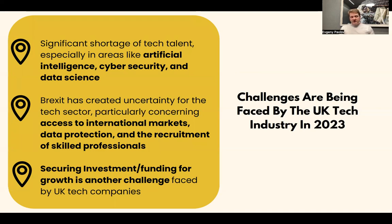And last but not least, it's securing investment and funding for growth. It's obviously another challenge, because institutional investors and private investors look at startups a bit differently now. They're not looking only at the growth rate, but also at the business model and profitability. And I believe it's not only a challenge of the financial and economic crisis, it's also a challenge where we've heard